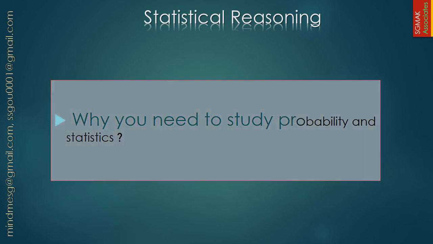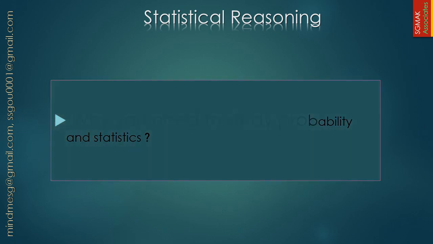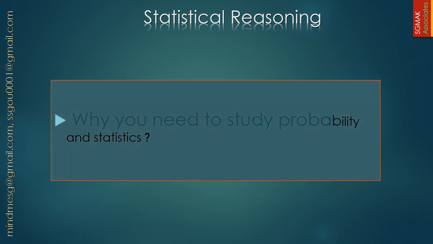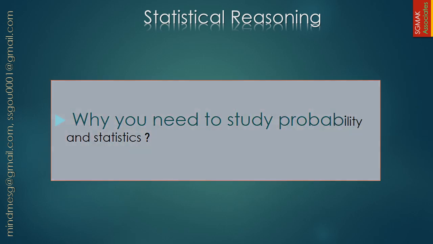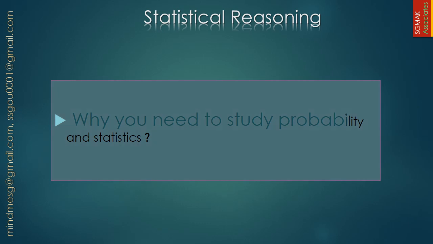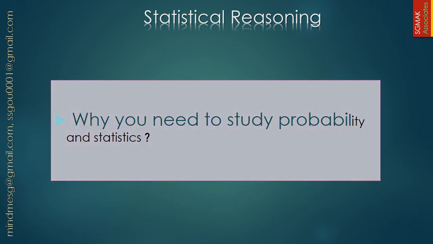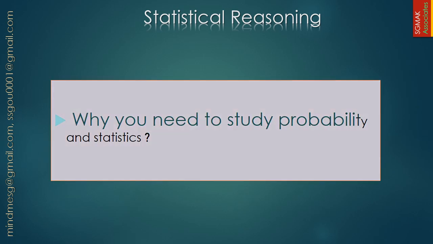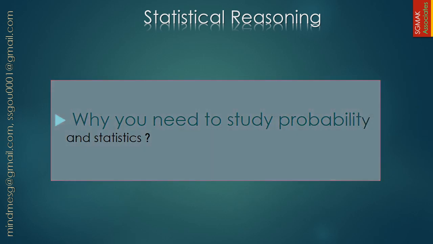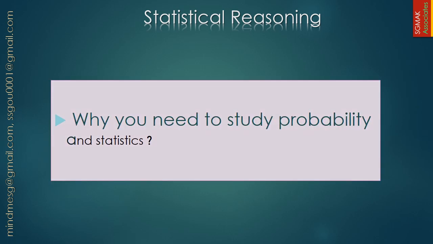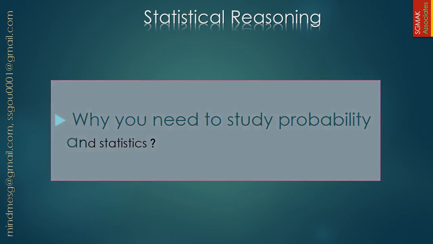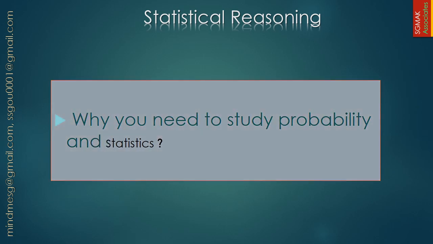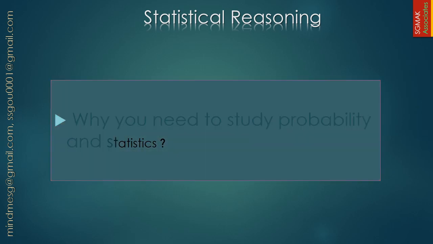Each distribution has a well-defined probability mass function or density function, and from there you can get a unique cumulative distribution function. For discrete we call it probability mass function, for continuous we call it probability density function, and then each one has a unique cumulative distribution function. So that we need to understand.